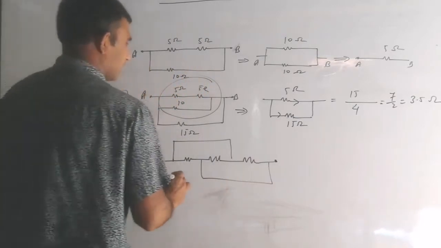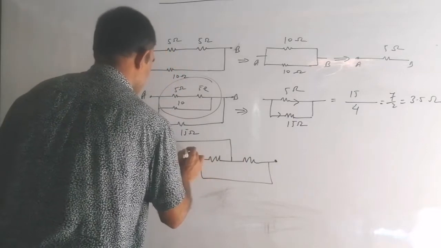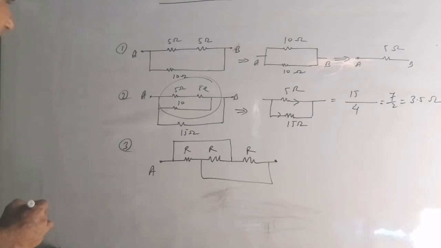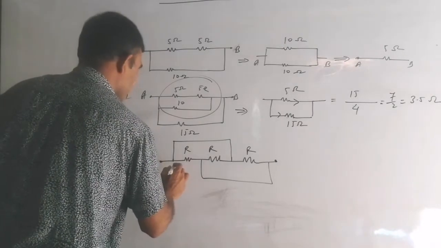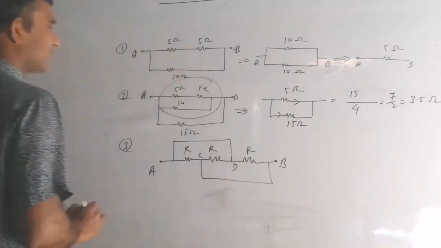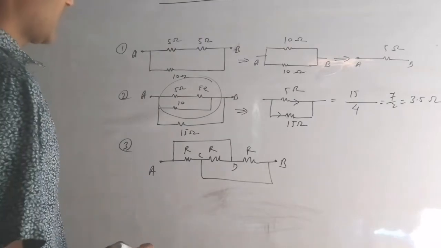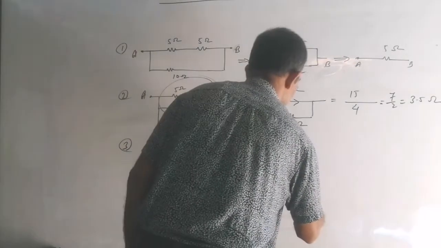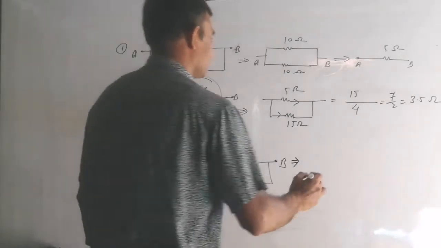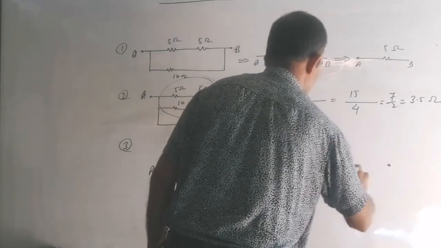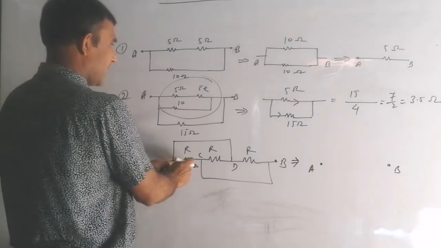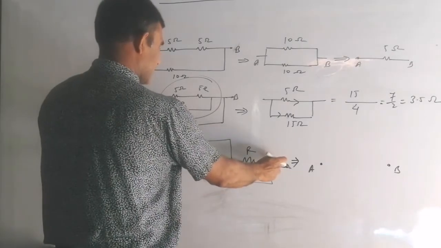Tell me first, if all the resistances are the same, maybe R. Can you find series or parallel? No, I don't think so. I am giving names for you: A, B, and here I am writing C and D. Are you trying? Try. If you don't try, you will not get it. There are 3 resistances, but I am finding this point A and here is B. Between A and B I have to find the resistance.